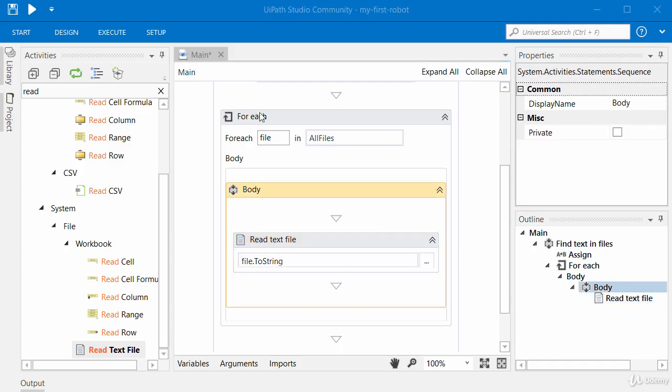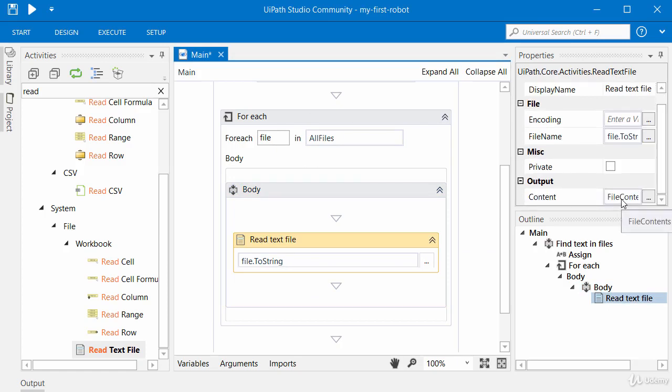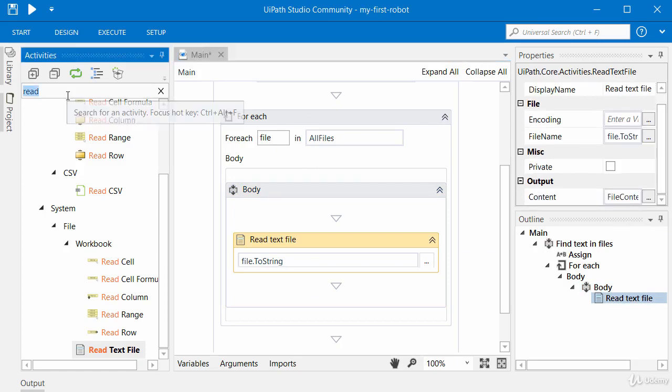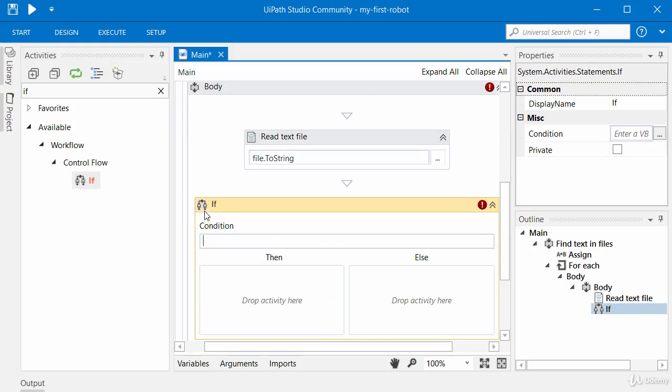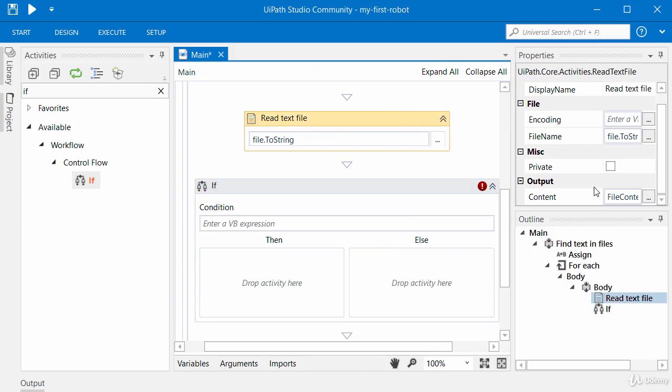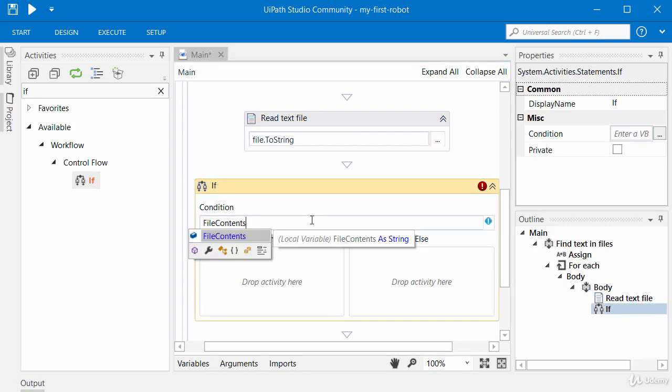So now the robot is going to read each file in the directory containing all my files, and it's going to read that file and save the contents into this variable called file contents. And now again from the Tech Primer, we're going to do a conditional here. I'll say if. So I grab the If block and drag that under here, and it's saying if some condition is true, then we'll do this, otherwise we'll do that. So I'm going to say if my file contents.toString again is equal to an empty string, which means nothing,